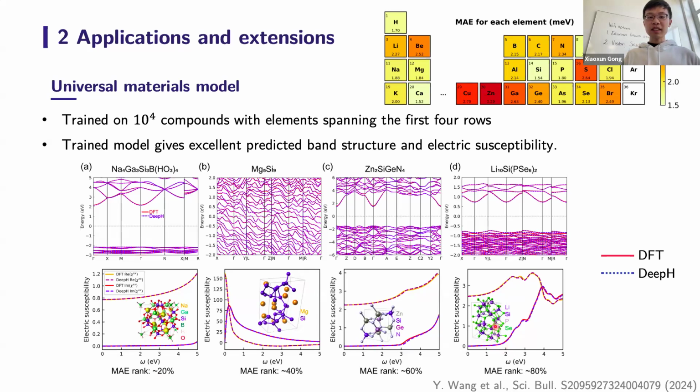And this material on the right means that the error of the predicted Hamiltonian on this material is at the 80% of the test set. So you can see this is among the worst of the predicted band structures. It still looks very good, and basically with the naked eye we can see very small differences between the DFT band structure and the deep learning predicted band structure. All of these materials are very complex. There are many different kinds of elements, and the crystal structures look very complicated. But still, our model can handle the physics underlying these materials.